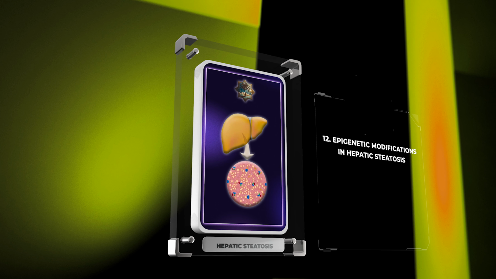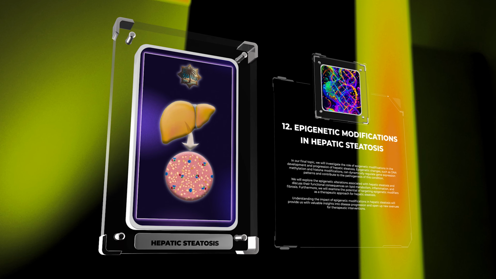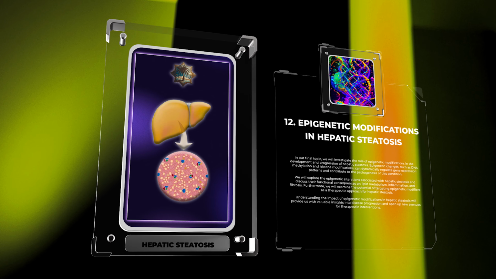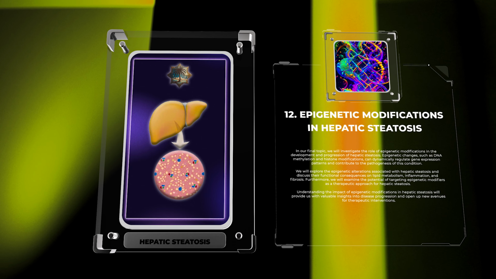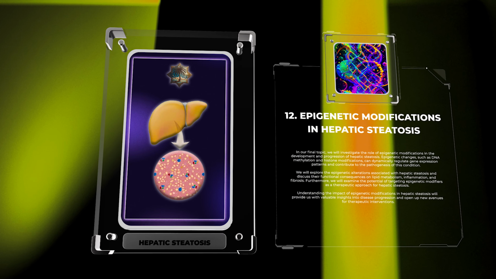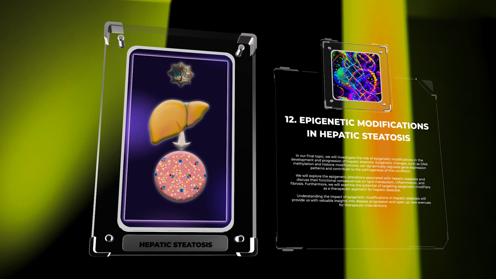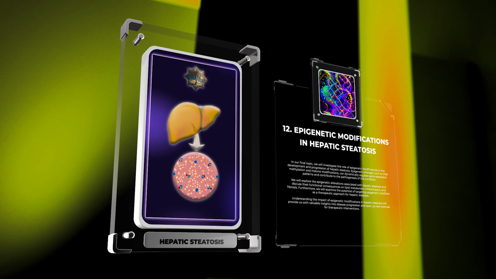In our final topic, we will investigate the role of epigenetic modifications in the development and progression of hepatic steatosis. Epigenetic changes, such as DNA methylation and histone modifications, can dynamically regulate gene expression patterns and contribute to the pathogenesis of this condition. We will explore the epigenetic alterations associated with hepatic steatosis and discuss their functional consequences on lipid